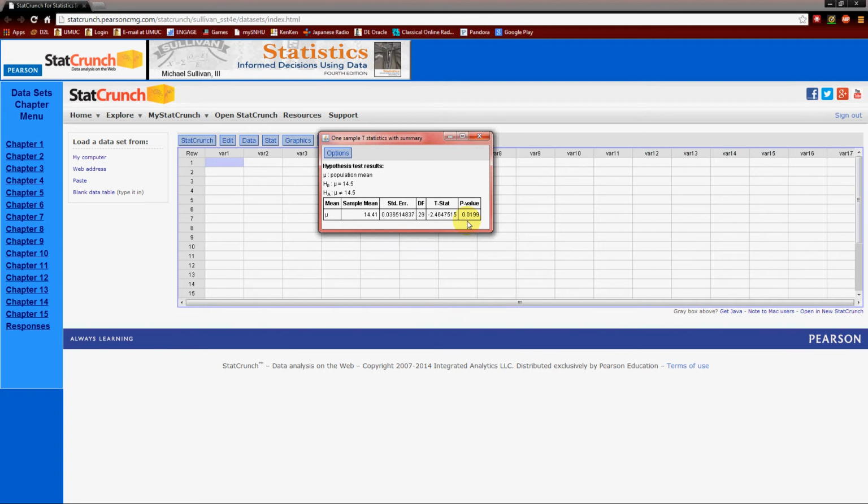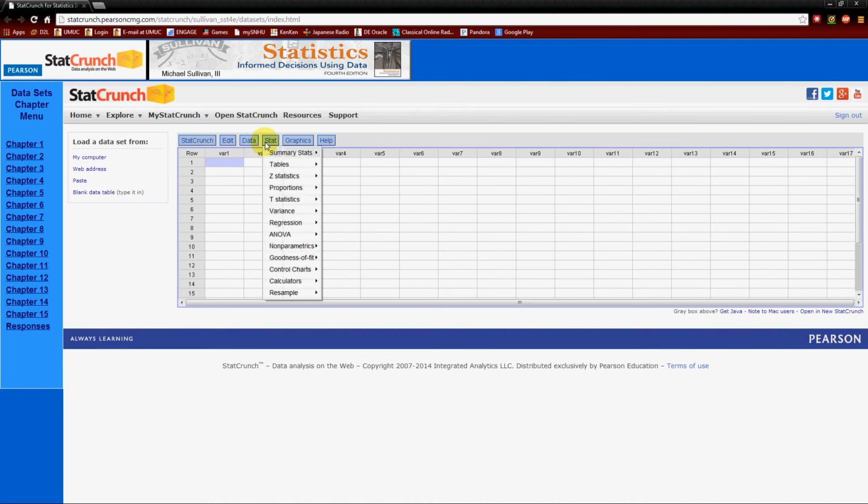If we needed to do the critical value method, this test statistic here, negative 2.4647515, that is the observed test statistic, and we need to compare that to the critical value. Critical value from the table is 2.045. Since this is less than negative 2.045, we reject the null hypothesis. We are in the rejection region. How do we get that